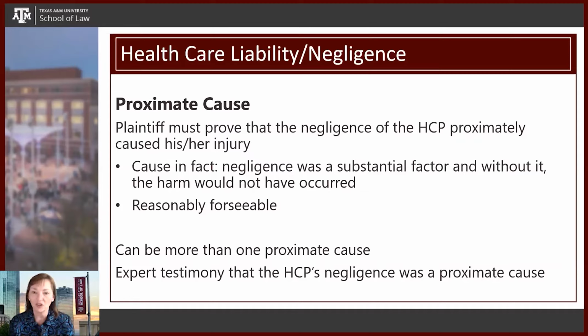So if you've got a patient whose heart rate normally should be around 80, and their heart rate drops down to 20. And the healthcare provider doesn't do anything about it, doesn't call for help, doesn't look to see what the problem is, just silences the monitor. Is it reasonably foreseeable that that heart rate may continue to drop and that the patient may actually code and need resuscitating? Yes, that generally would be reasonably foreseeable depending on the fact situation.